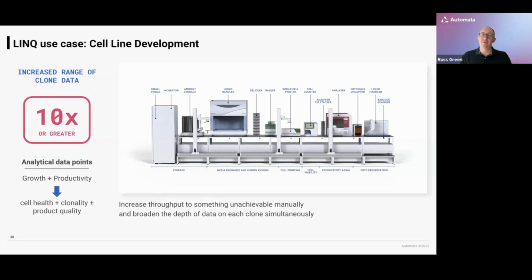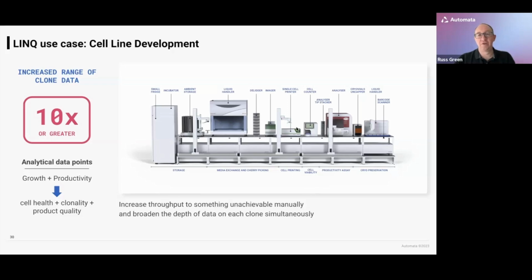So here we see a system that we've unfolded. I have made this very linear. That has a lot of the capabilities built into it for a very end-to-end cell line development process. So we see those core capabilities of liquid handling and incubation and cell counting on this platform. So now we have the Beckman Coulter Vicell integrated. But we've then started adding in some other capabilities.